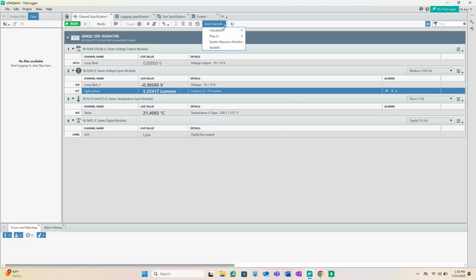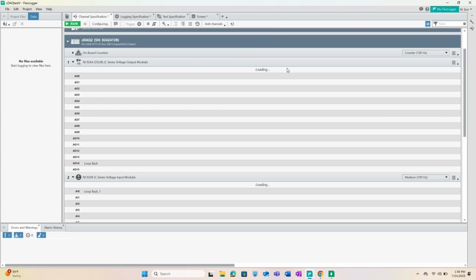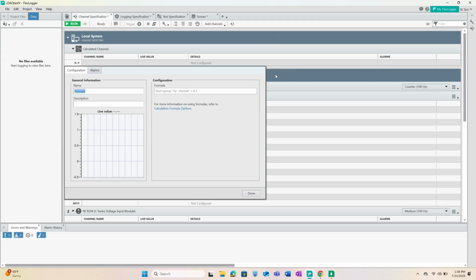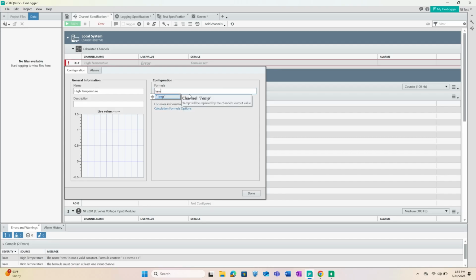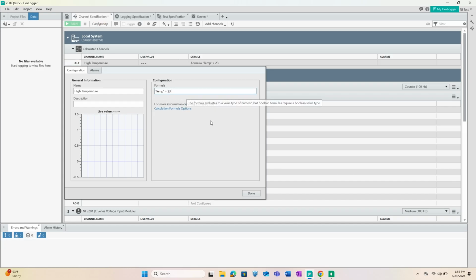For the temperature channel alarm, I want to do it a little bit differently. I'll be adding a calculation. So I'm going to click add channels in the top corner and click calculation, and I want to do a Boolean formula. So for this, I'm going to call it high temperature, and I will start typing in temp, which is our channel name, and it'll be greater than 23 degrees Celsius,